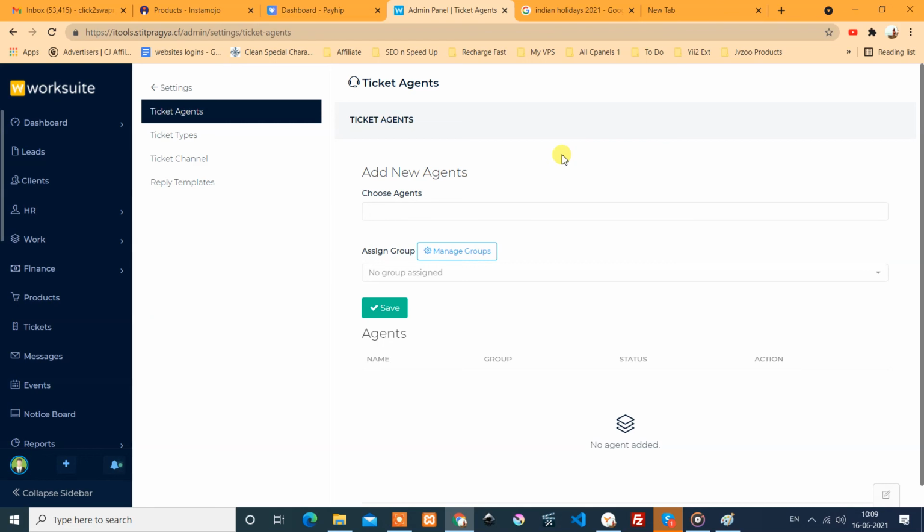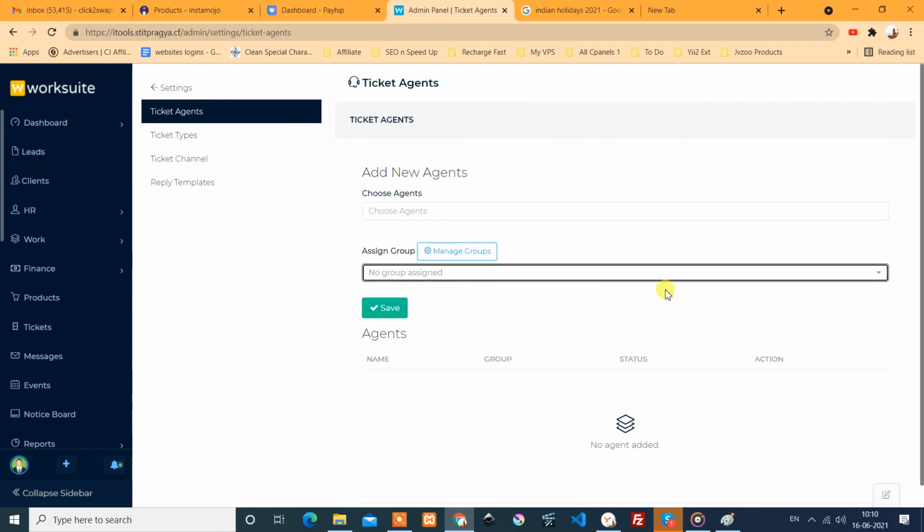Then he will be responsible for resolving those tickets. You can also give those tickets to a group, and in that group you can add multiple members, just like ticket agents.